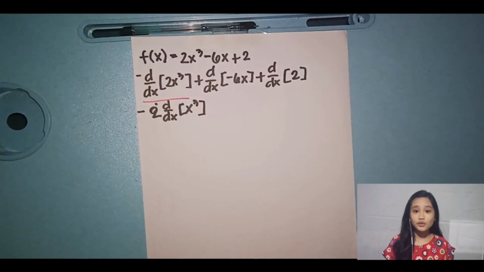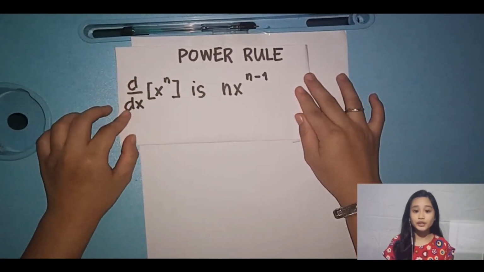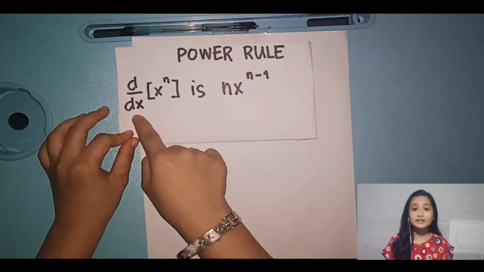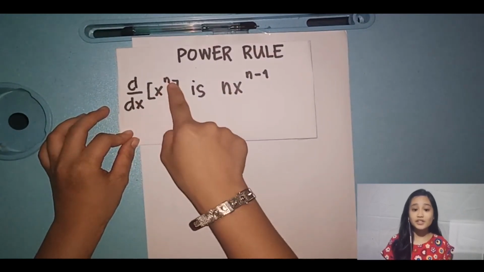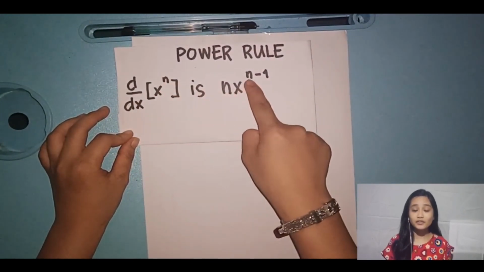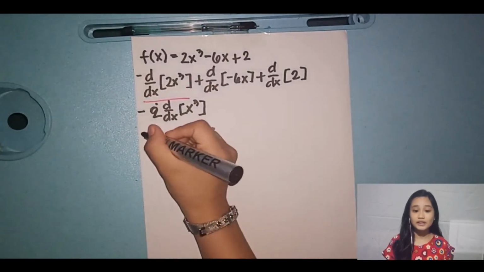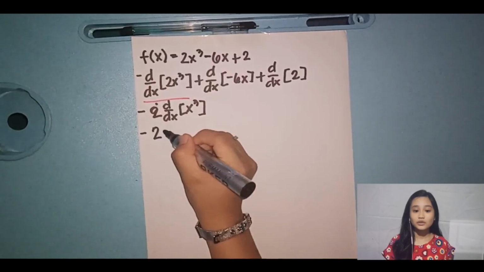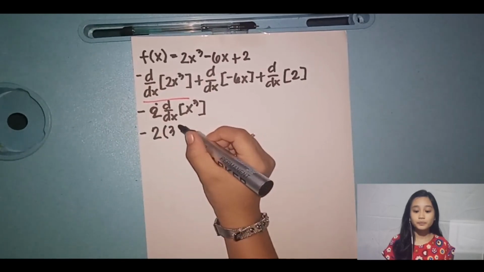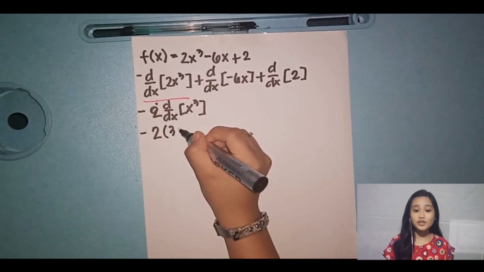Differentiate using the power rule, which states that d over dx times x raised to n is n times x raised to n minus 1, where n is equal to 3. 2 times 3x squared